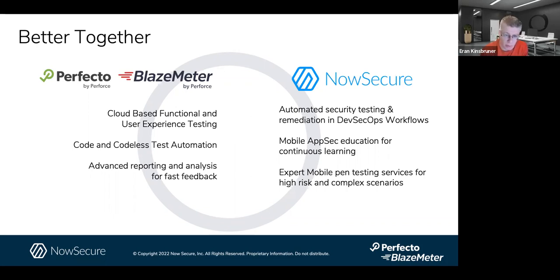As much as you can automate and put in the cycles, as I've shown in the pipeline example, obviously you'll be in a better place, because fast feedback is the driver for velocity and DevOps. But fast feedback also relies on reporting and insights. So yes, you can do a lot of the velocity and scaling of mobile application testing with security, performance, functionality, and everything like that. With Perfecto and BlazeMeter, with code or codeless testing, it's fully supported.